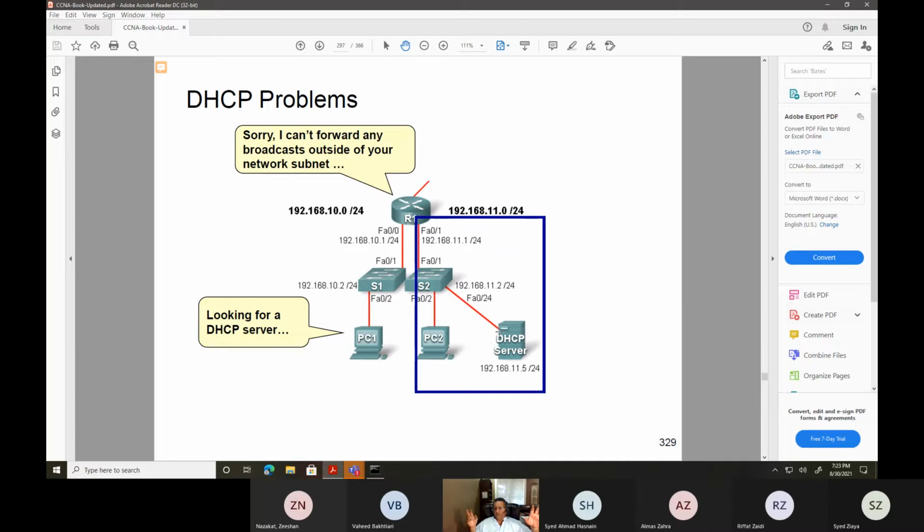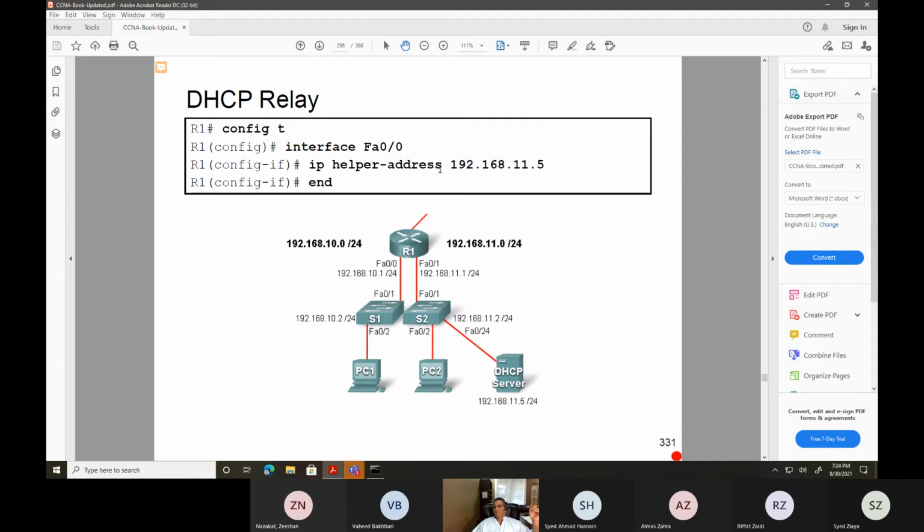Otherwise, the role of a DHCP server is to assign IP addresses, and the role of a layer 3 device is, for any broadcast, no matter if it's for DHCP or for anything else, it disables it, right? So layer 3 always disables the broadcast, but in order to avoid that, we have to put an IP helper address. And so you're telling a layer 3 device, my friend, if any traffic comes in for DHCP, make sure you don't block it, you just forward it to the DHCP server.